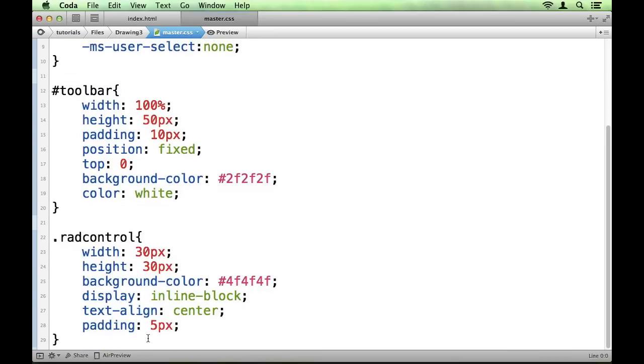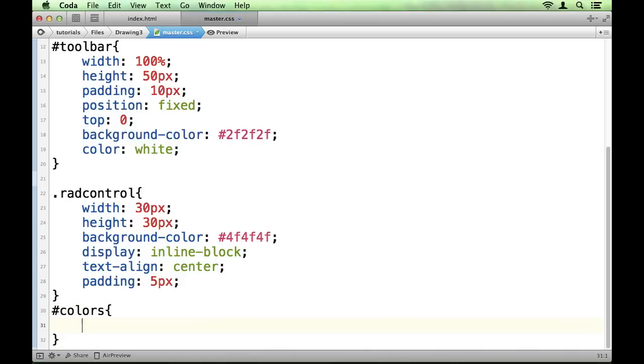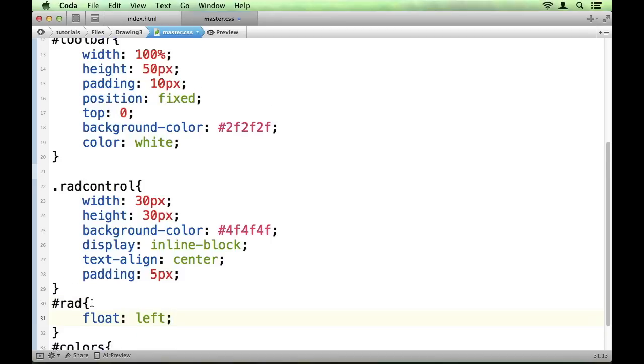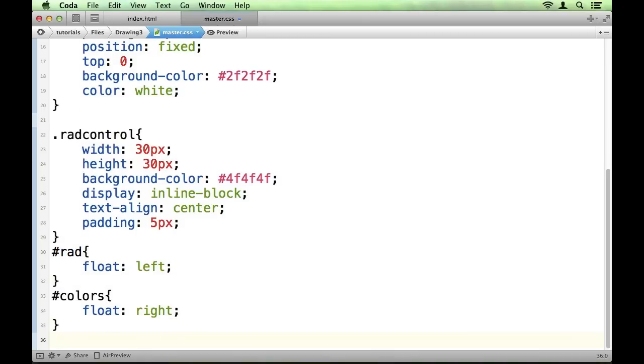and what we want to do is, so our color palette is going to be on the right, so we want to say colors float right, and if we're going to do that we're also going to need to say radius float left. So that ID of rad, that's our radius control area. So we want that on the left, this is on the right. Our swatches,